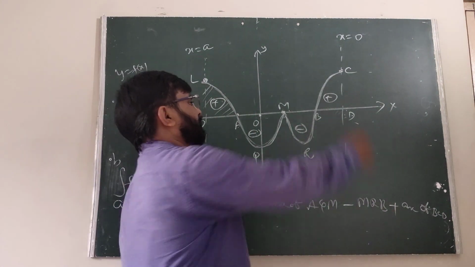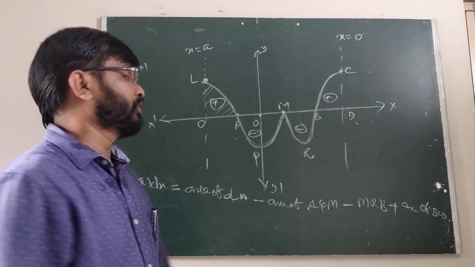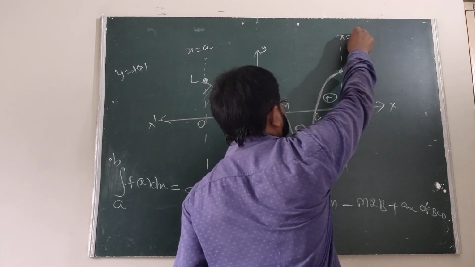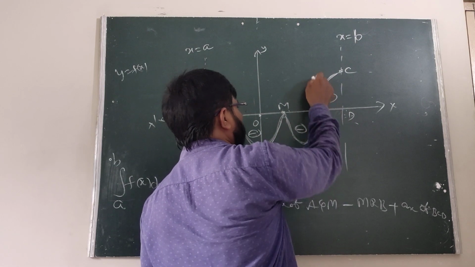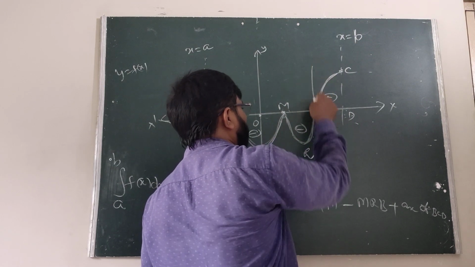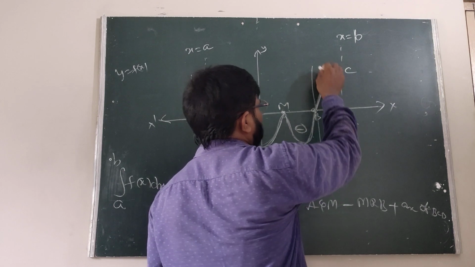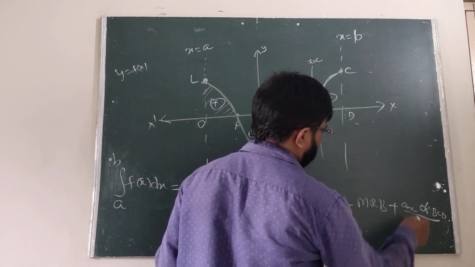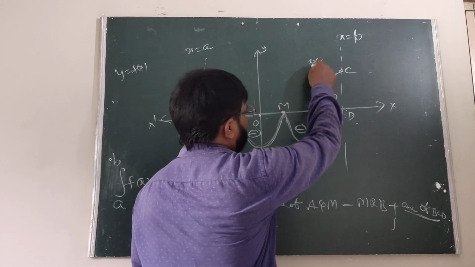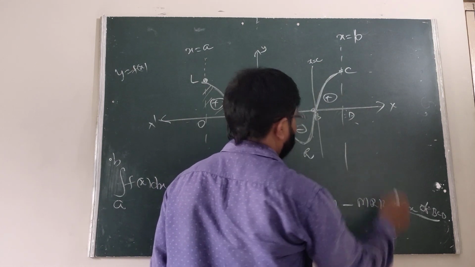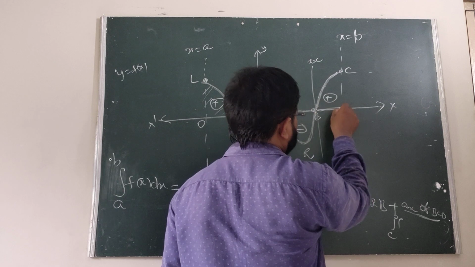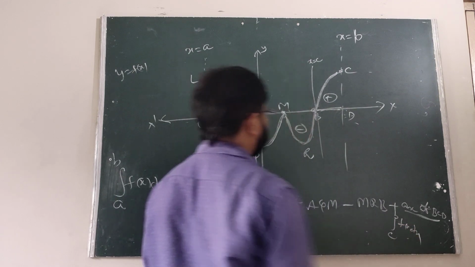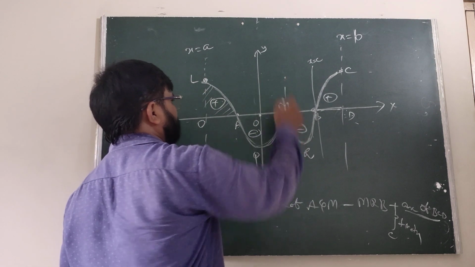How are we taking the area of the BCD? All of you listen here. This is the curve y equal to f of x, with the limit x equal to b. Suppose instead we take some x equal to c or x equal to q, then undoubtedly it can be written as the integral from c to b. This is the curve f of x, this is the x-axis. Therefore, the integral of the curve f of x dx. Is it clear? We have to take here some d.